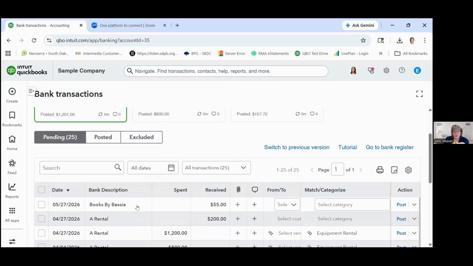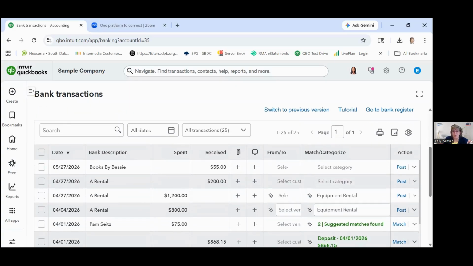The nice thing about using the bank feed is that it fills in some of the information. Personally, I think it could do a better job of filling in this information. Maybe this is somewhere AI can help. I very seldom find myself just accepting whatever they give us in this window and clicking post. They try to match an expense category that they think is the right match. It may or may not be. Once you start using QuickBooks regularly, and every time you pay a bill to a rental company it goes to equipment rental, then it's going to get smarter about putting everything in there.